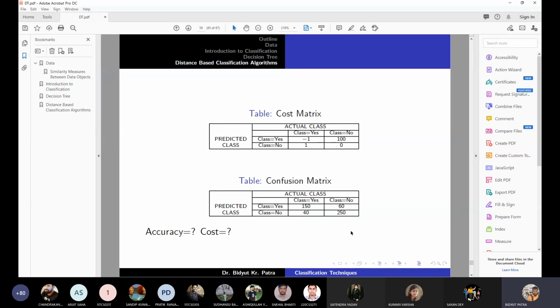So this is the case here. We can compute the accuracy, but we need to know the cost matrix. So what will be the cost? That is another problem. To solve one problem, we are bringing in another problem. You need to decide the cost matrix. So there are metrics where the cost and other things are not required.